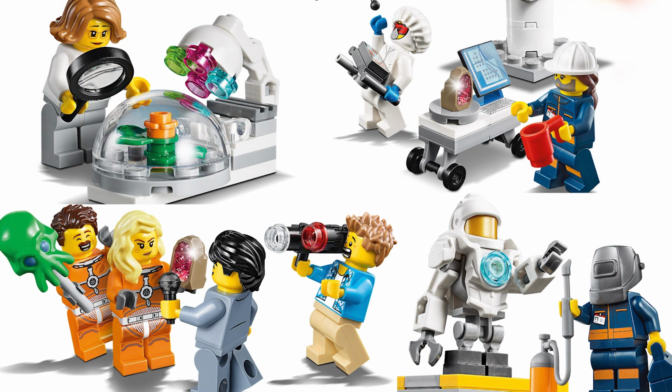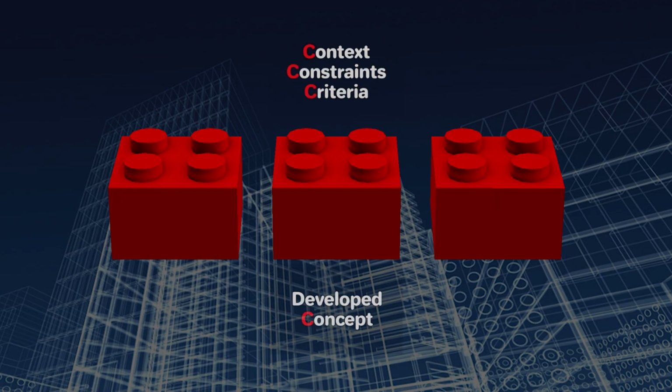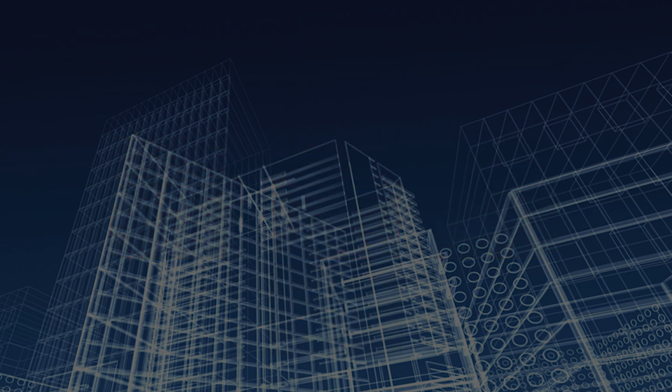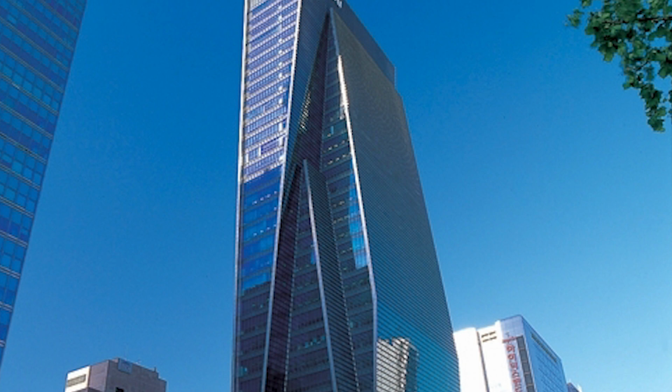So, as part of the concept for this building, I've settled on the idea of a research institute, populated by minifigs from that people pack, which should make for an interesting MOC. So, having given consideration to the context, constraints and criteria, they've really helped me to determine requirements and establish the concept for this model. So the concept is now this: a very modern style office building made out of steel